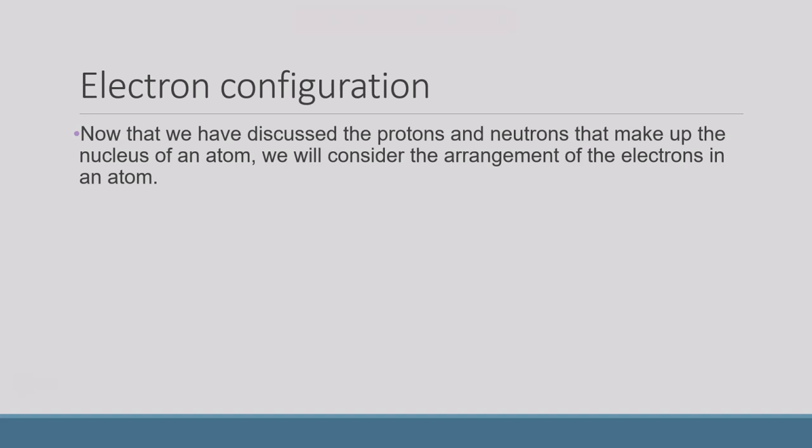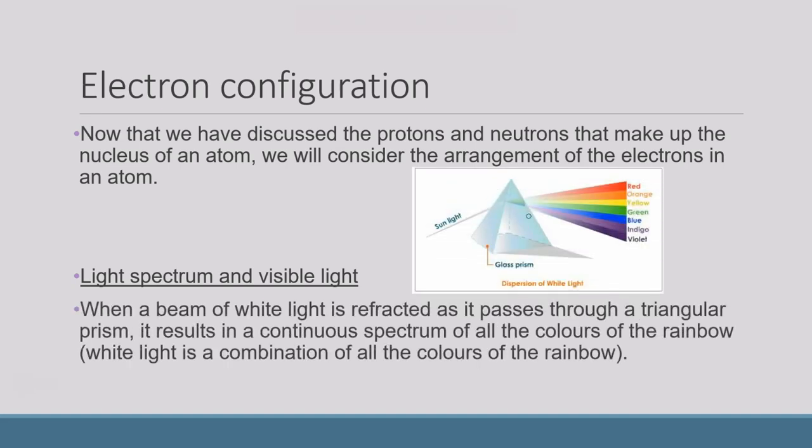So we've discussed the protons and the neutrons that make up the nucleus of an atom. Let's understand the arrangement of electrons in an atom. Let's discuss the light spectrum and visible light. A beam of white light is actually made up of the 7 colors of the rainbow. When we refract a beam of white light, and refraction means bending of light, we cause the white light to bend, specifically through a triangular prism or an object where the two